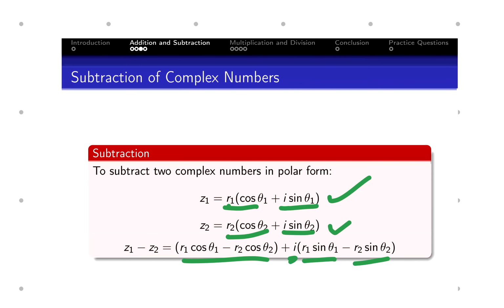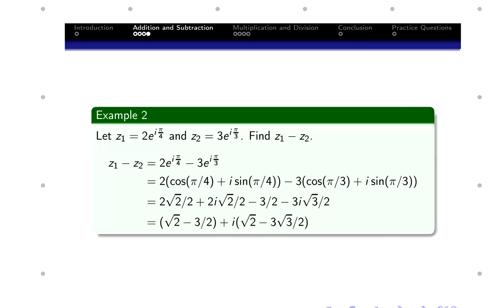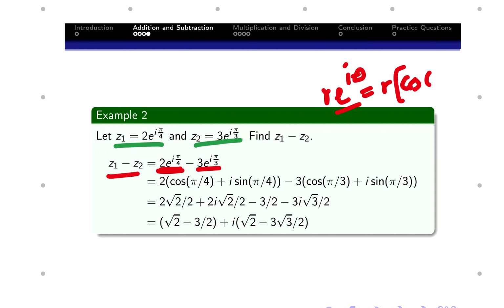So same set, same Z1 and Z2 like we had the other time. Now Z1 minus Z2 becomes 2e^(iπ/4) minus 3e^(iπ/3). And of course, 2e^(iπ/4) is re^(iθ), which is r into cos θ plus i sin θ. We can actually prove that. So since that is taken care of, we can say that 2e^(iπ/4),